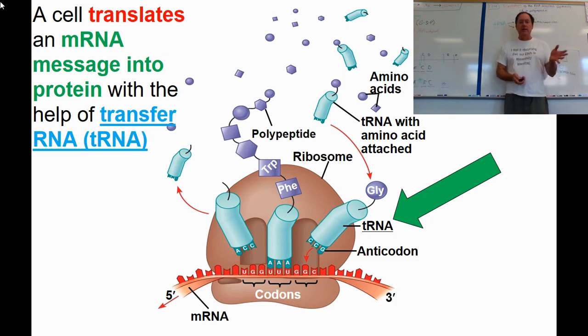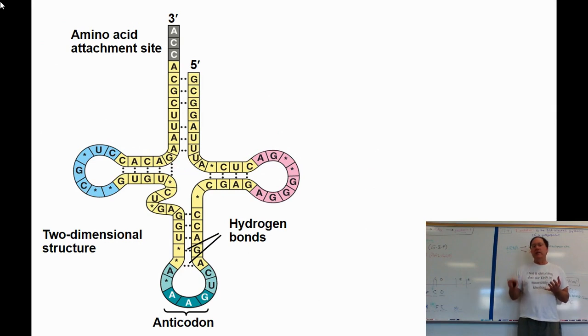So here's the tRNAs. Let's talk about tRNAs. So tRNAs are like 80 nucleotides long. They're basically exactly the same as one another. There's 20 different types. The only 2 things that they do differently is that they have something way down there at the bottom called the anticodon, which differs. It's like 30 letters in from the 5' end, and that's going to be different on all 20 different tRNAs. And then what they do with the amino acid attachment site, way up there at the top at the 3' end, the ACC, that's where a specific amino acid will attach, and it's different for all 20 transfer RNAs because there's 20 different amino acids.